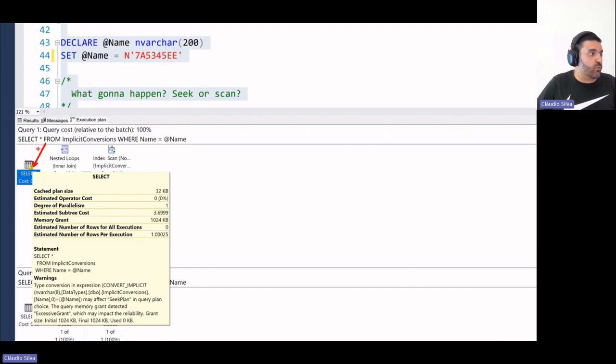So we see the yellow triangle saying that we have a warning, which in this case is actually two warnings, but let's just focus on the first one, saying that SQL Server had to do an implicit conversion of the column name to an NVARCHAR 8 to be able to do the comparison with the variable name. Okay? And the second one is about the memory grant, that it says it needs 1 megabyte memory grant, and then that was too much because it used 0.